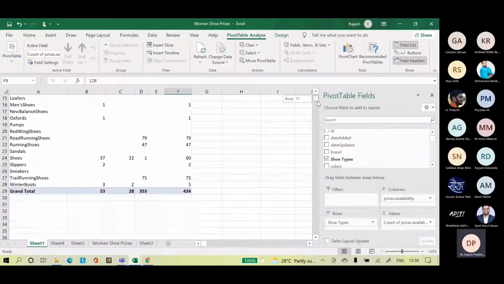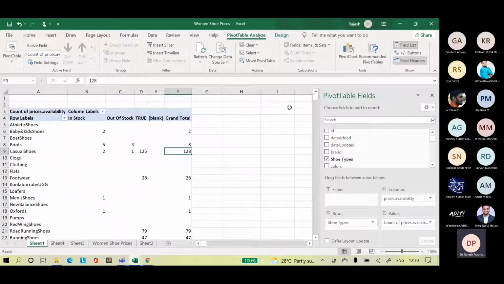So out of stock are very less, in stock less, blanks are more. So we need to work on this blank. How do we fill up this blank? And accordingly, we need to clean up the database also. So the database input is a problem here. So we have to first bring the changes in the database so that these errors won't repeat again, so that we can have complete data available for analysis.